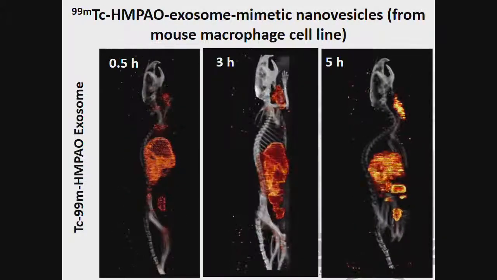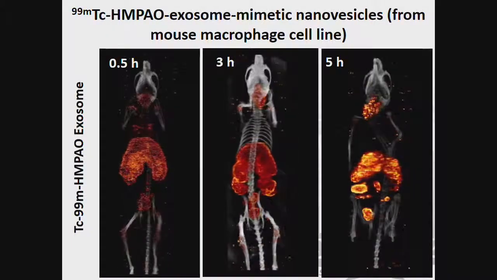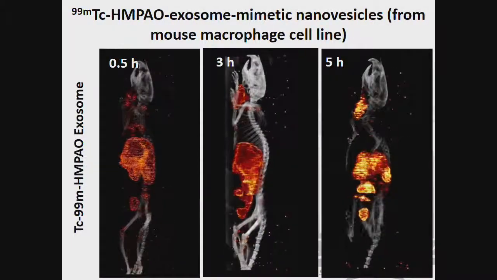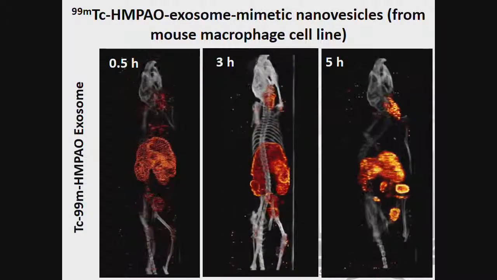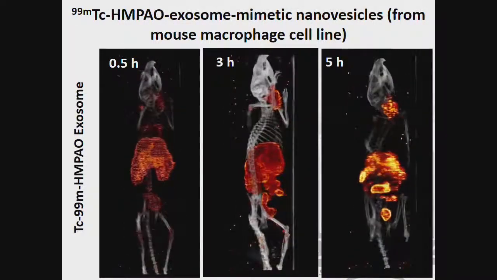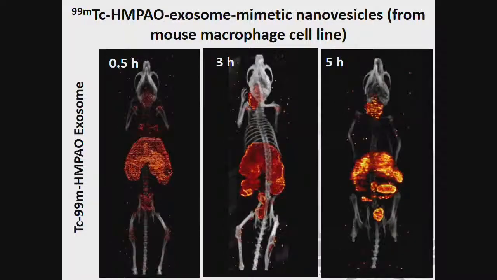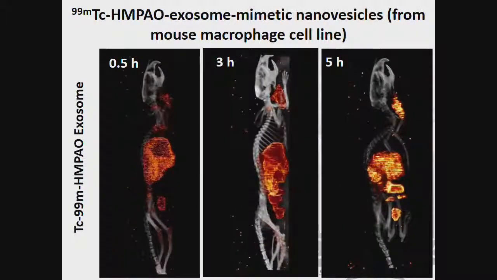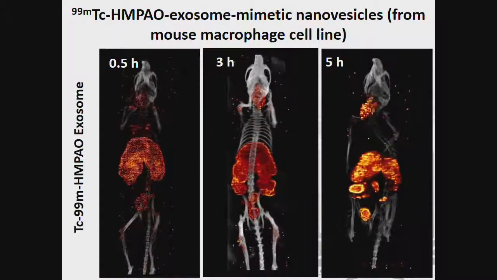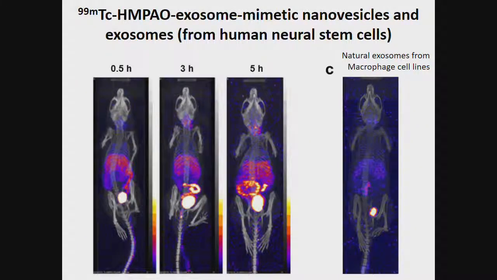And this is the technetium HMPO labeled exosome. Okay, so you could find the whereabouts here, and even here. At first, we did not notice, and here, lymph nodes. Why? Because those exosomes were derived from the macrophage cell line. Human neural stem cells, with similar excretion, however, we could not see anything. So there is a difference. And every cell is excreting exosomes, and every cell is receiving.